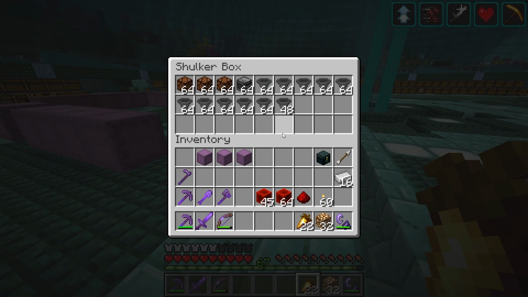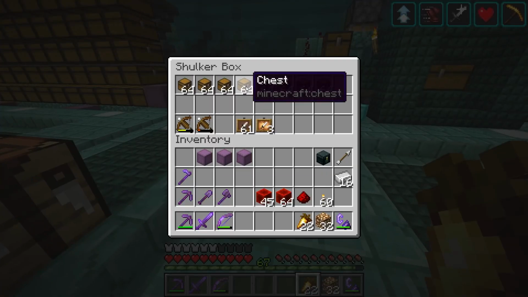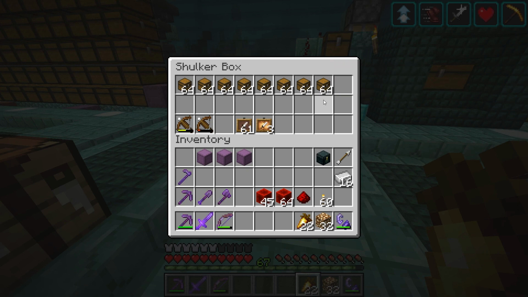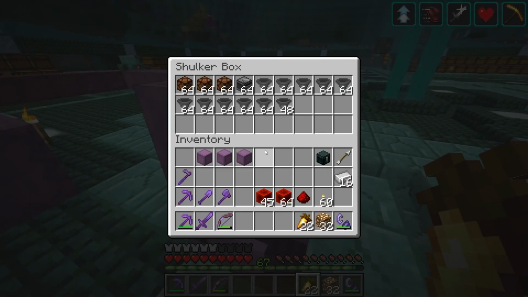That's, yep, that's almost 10. Let's just do 1, 2, 3, 4, 5, 6, 7, 8. Yes, that is how many chests we need. So I did the math. So that is how many hoppers we need. There we go. Now I'm going to move on to observers and repeaters and things like that and start crafting